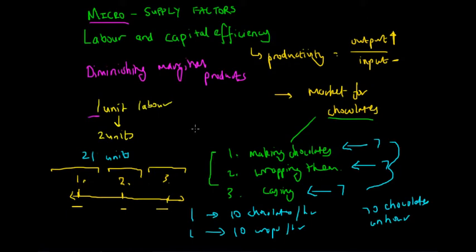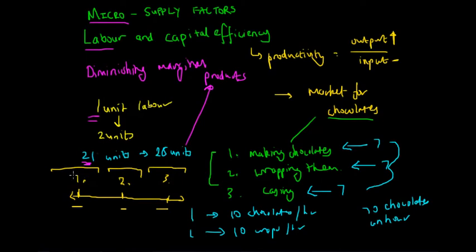And this relates back to the concept of the diminishing marginal product of labour. And what this means is that as labour increases, the product per unit of labour decreases. So even though at the start we had one person, which was very ineffective, and as we increased that up to say 21 units, the labour productivity was maximized. But if we have more units than that, if we have say 28 units of labour, there'll be